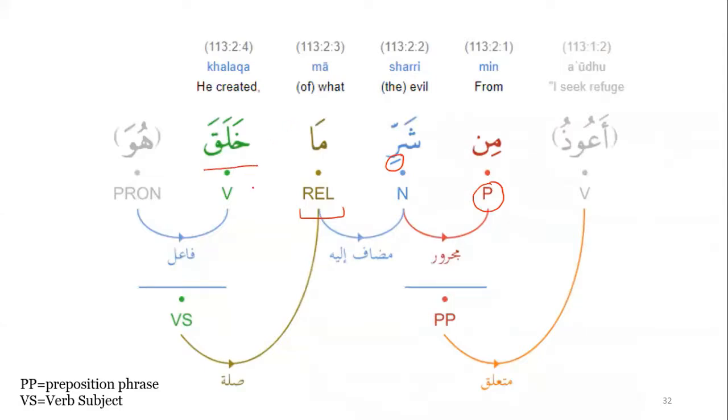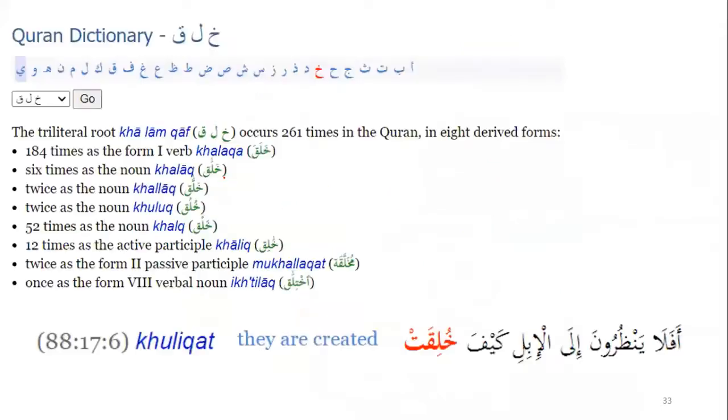Now, khalaqa is the root, in a verb form, as you can see over here. And let's take a look at the word khalaq. Now, khalaq, as you might imagine, is an extremely common word in the Quran. It occurs 261 times in 8 derived forms. So let's take a quick look at some of the derived forms of the word khalaq. So the most common is the verb khalaqa, and one might guess that this is the